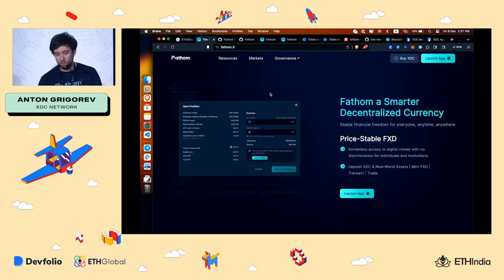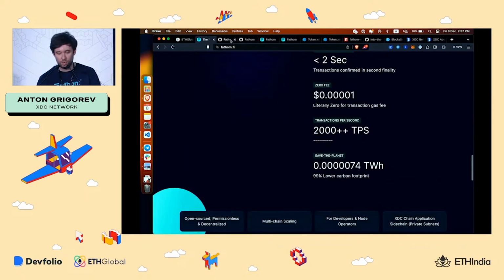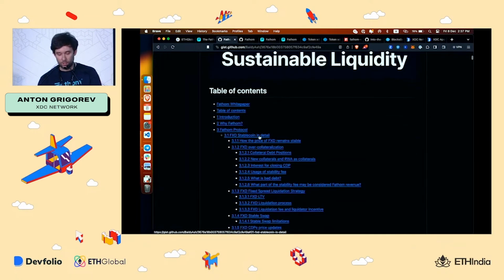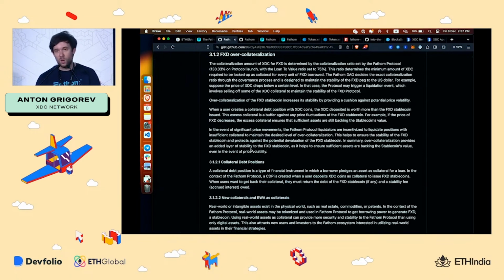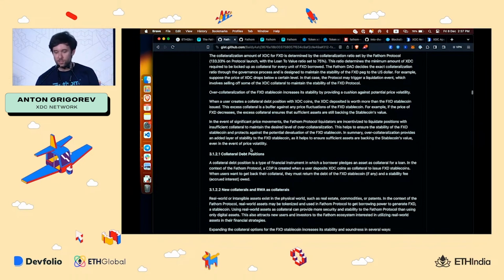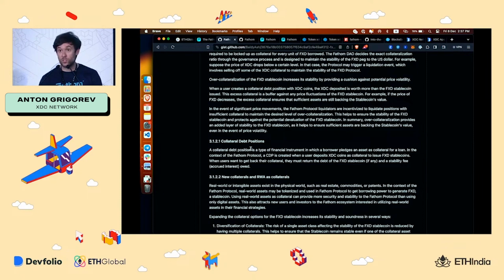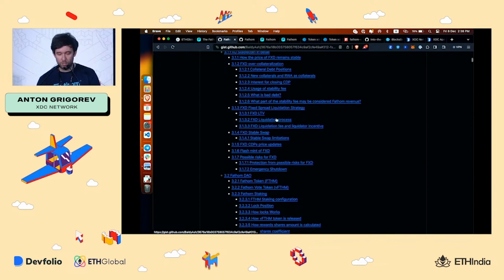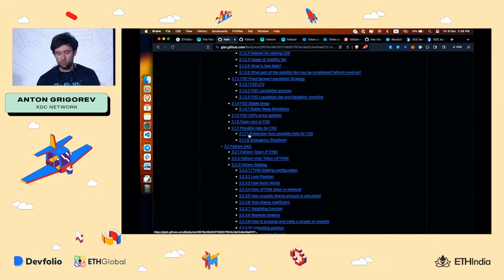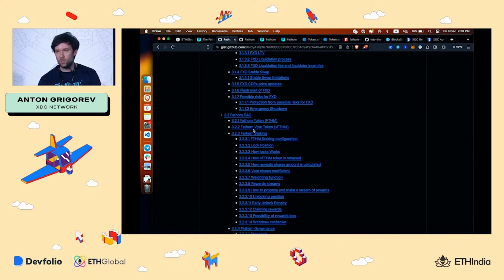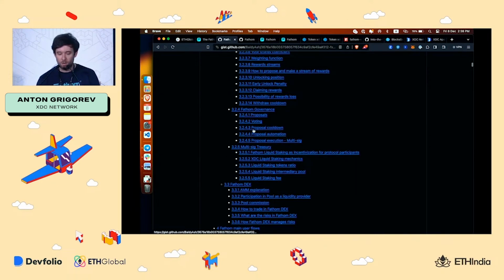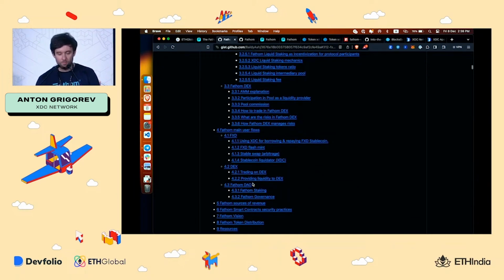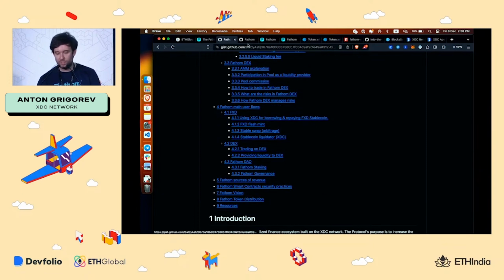So this is the Fathom website. You can check all the information. I will not really stop here. Our white paper is on Gist. You can read all the technical moments about how we maintain our protocol to be over-collateralized and how we implement the fixed spread liquidation strategy. You can also find information about our stable swap and how to do the flash mint. You can check our DAO model and voting model, and how the DEX works, pretty much how Uniswap works. Check the most common user flows, token distributions, etc.